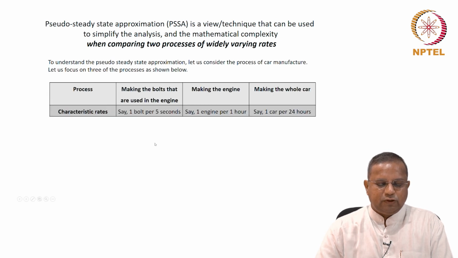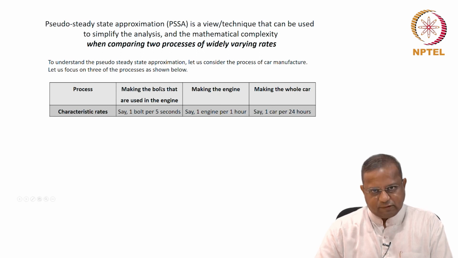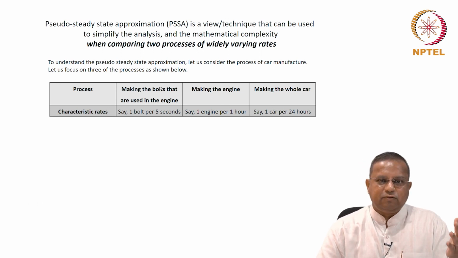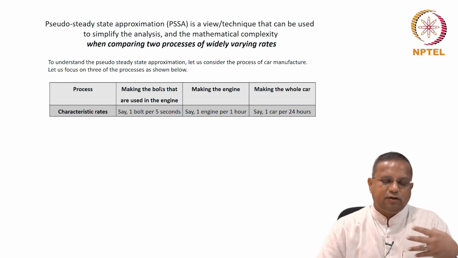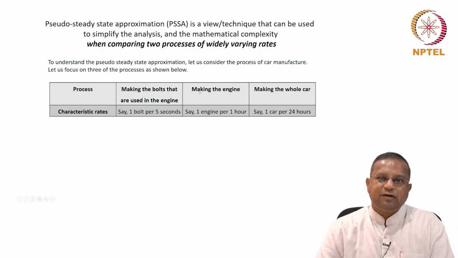And then I gave you an example of bolt making and engine making. The variation in the rate of bolt making does not impinge the rate of engine making. If our interest is in the rate of engine making, we could assume that the bolt making process is at steady state or is at pseudo steady state. It doesn't really matter whether it's actually at steady state or not. It is at pseudo steady state, and that significantly simplifies the analysis. We don't have to consider the time variation, and that, as we've already seen, simplifies the analysis significantly.